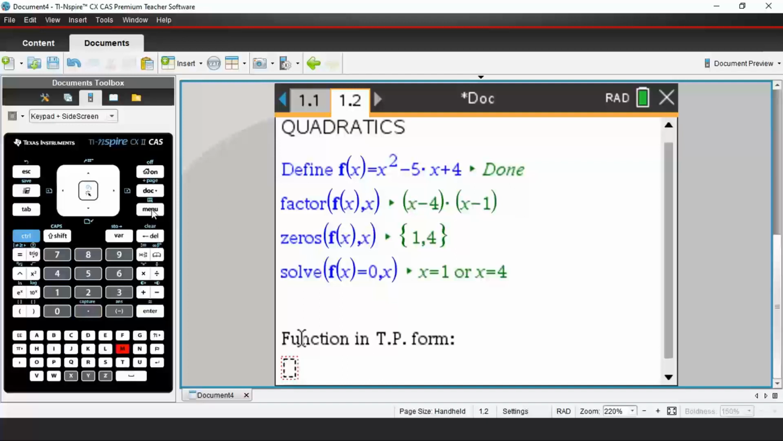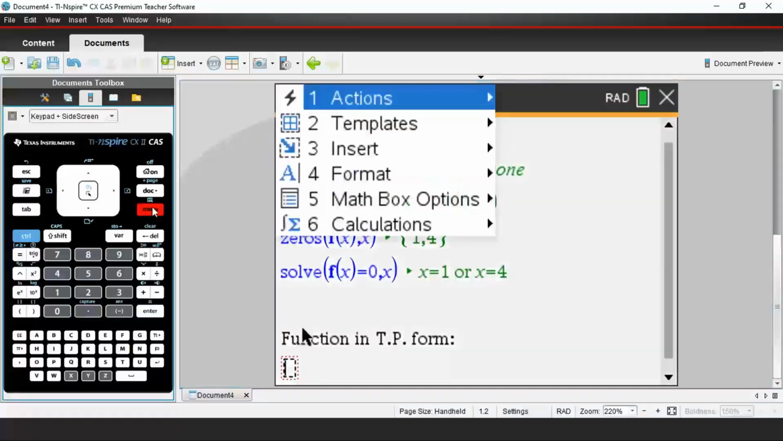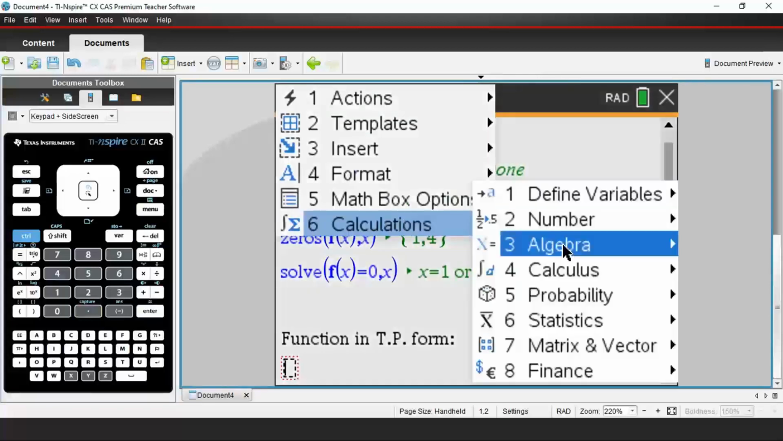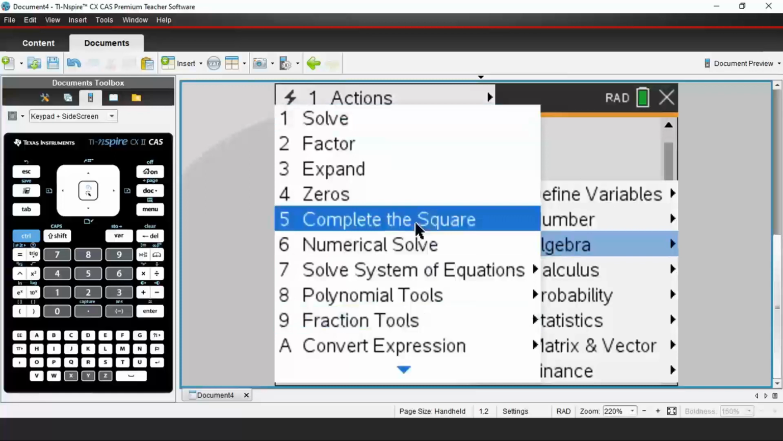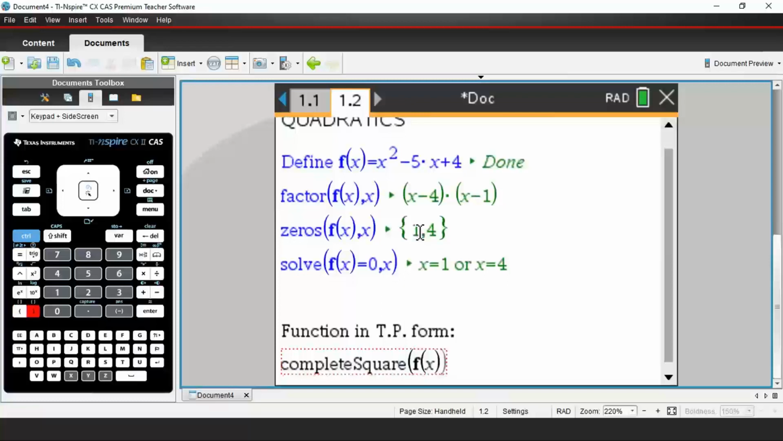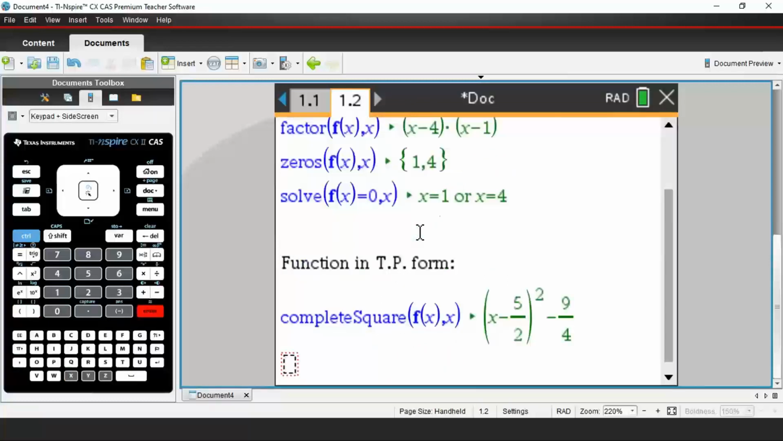And I'm going to go menu, calculations, algebra, complete the square, number 5 here. I'm going to compare for function f of x in terms of x. And there we go. There's our quadratic in turning point form. So I know